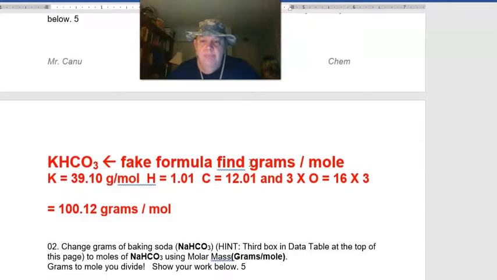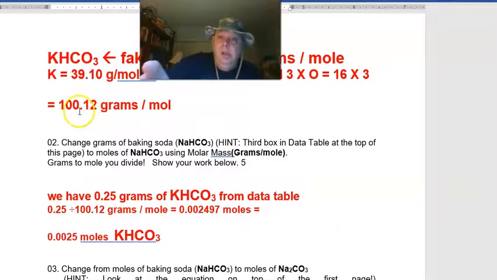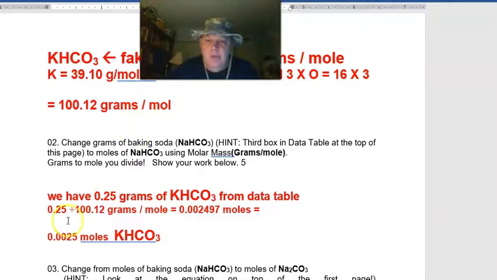So we're going to bring that in. Okay. And we know that we're going to have to go from grams to moles. So that means we're going to have to divide. But what are we going to divide by? How many grams there are in a mole? And oh, look, it's right up here in the previous problem. So it's going to be 0.25 divided by 100.12 grams per mole. And that equals